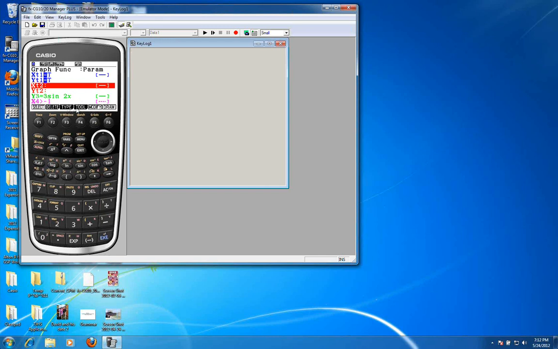And one of the things I want to make sure that I do is set the window. Now you don't see the window setting here, but it's the shift function of F4. So I'm going to set the viewing window, and I'm going to use an initial window, which will give me a nice aspect ratio. But I'm going to scroll down here because one of the things in parametrics is you have to have a min and a max for the t values. If I plot 0 to 2 pi, I'll be getting a small segment. So I need to change this to something more meaningful, like -10 to 10.